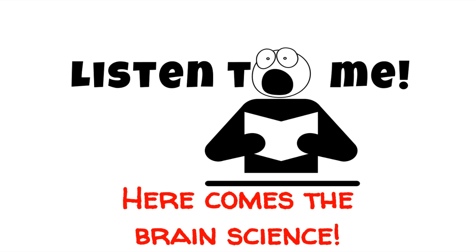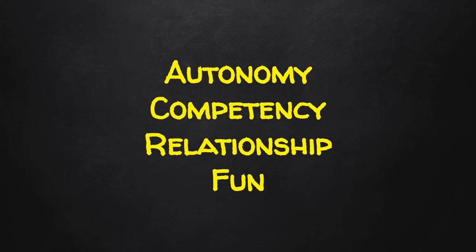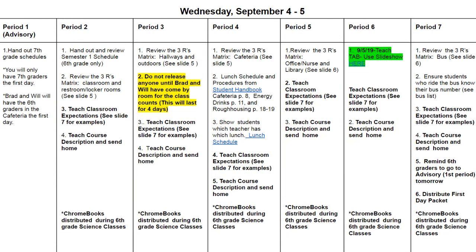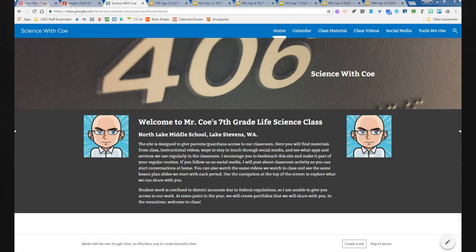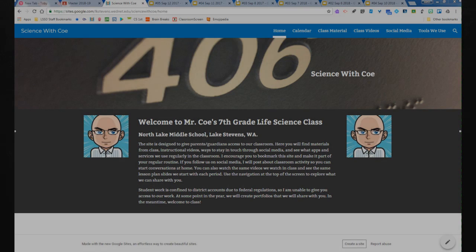Now that we're done with that and everyone's enrolled, we review any policies we need to based on the following calendar, emphasizing autonomy, competency, relationship, and fun. And there's the schedule. Today, it's really just 6th period where we review the tab procedure and everything else is taken care of. We take a look at my public website, and again, I have a tour of that in a screencast that we'll post separately. Students can access this as well, but anyone who doesn't have accounts through a school can still access materials that we use and know what's going on by visiting this public site.